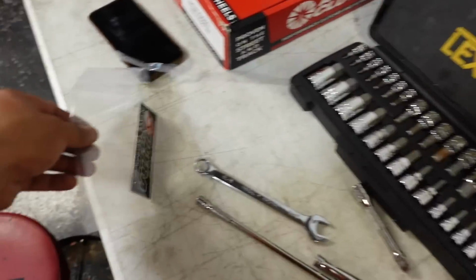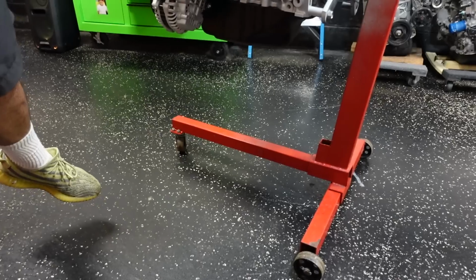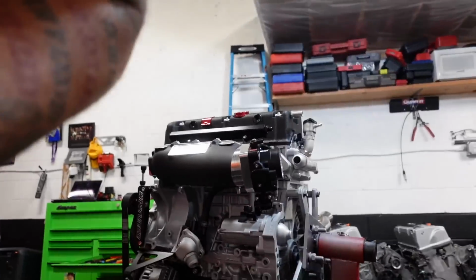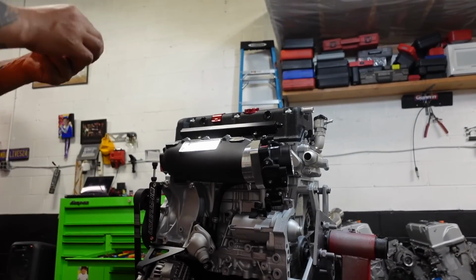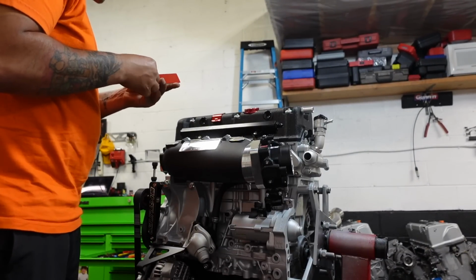There's my badge here. You know it's official now. Hold on. Let me set this up. Something like that. Probably shitty lighting, shitty angle, but you know,